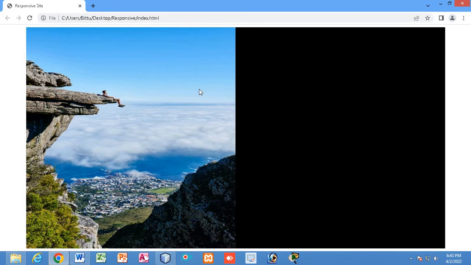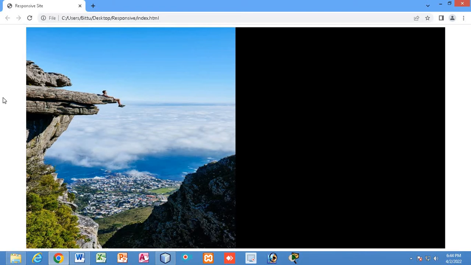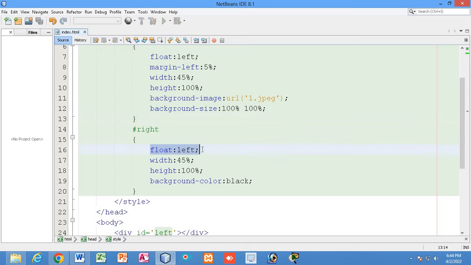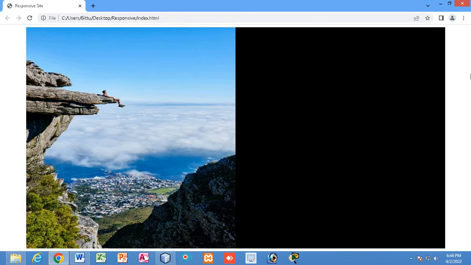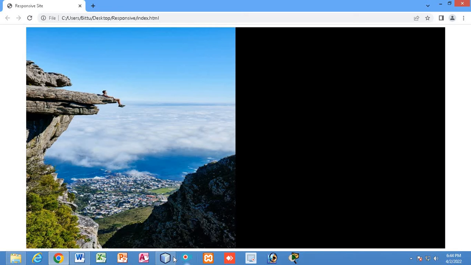Once I have written float left, both are float left. For the left div I have taken margin, that is 5%, so the picture has been pushed here 5%. After that this div has started. This div has the property to float left, that is why it is floating left. The second div, the right div, also has float left. So you can see after this div has started, this space is empty, right? Now